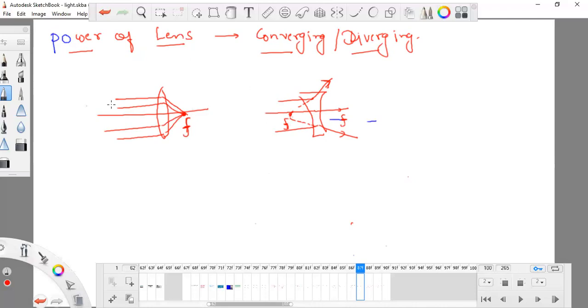What is converging? Converging means this lens, it is a fatty person, but a very good person. He is very nice. He wants to join everyone together. He wants unity, he wants communication, he wants everyone to come together. That's why this lens is trying to join all the incoming rays. It is trying to converge, rotate or deviate the light rays in such a way that all of them will come together at this focus.